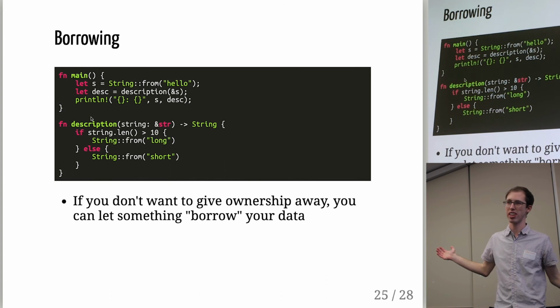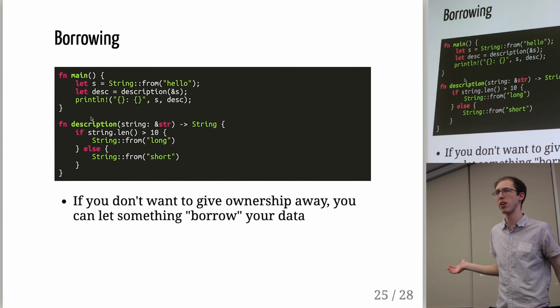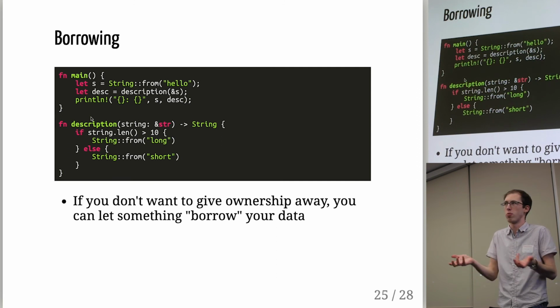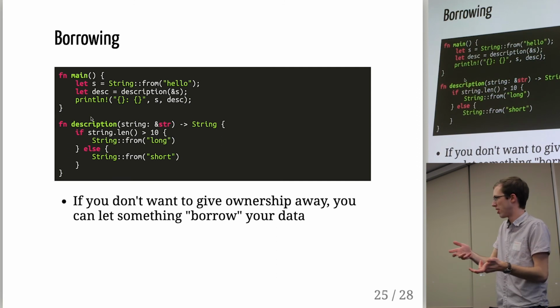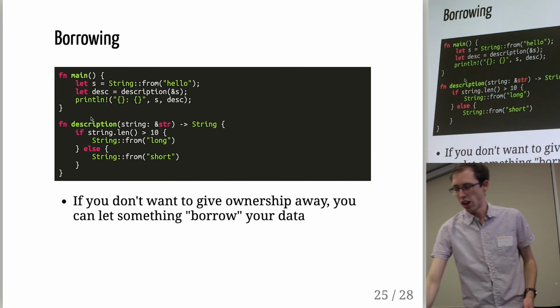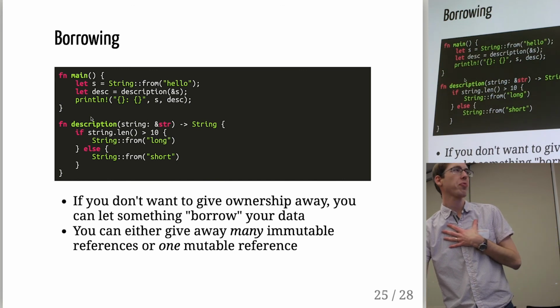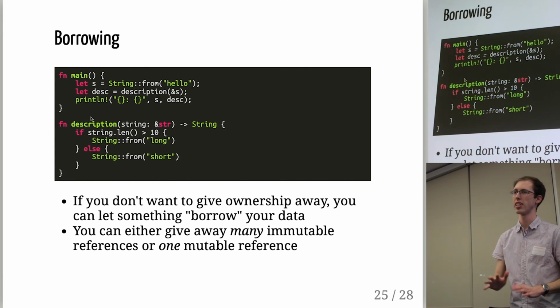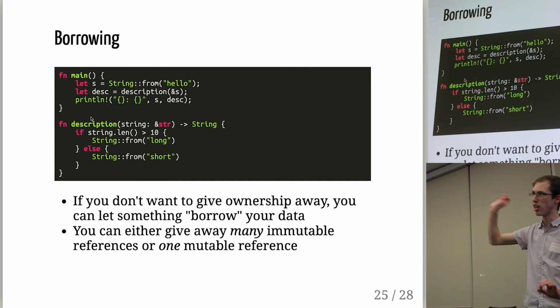90% of functions take references, I would probably say, right? Sometimes you'll take ownership, but more often than not, you're going to take a reference. Because most of the time, you don't really need to own the data. You just kind of want to look at it and do something with it. So great. So the rules with borrowing and references are, you either can give away as many immutable references as